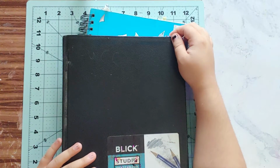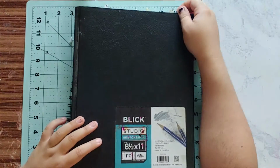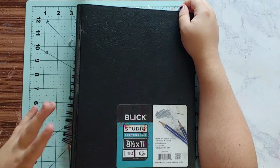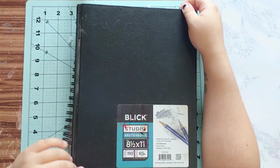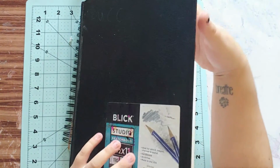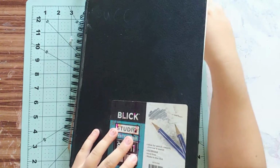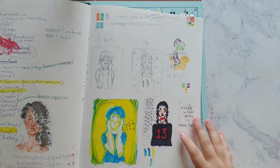So this one, I believe was my senior, maybe junior year, but I'm pretty sure it was my senior year of high school. The bottom one is also my senior year of high school, but it leads into my first year out of high school. So we're going to be doing that one towards the end. So this first one, having trouble getting to it because my tape idea did not work very well. Okay, so this first one